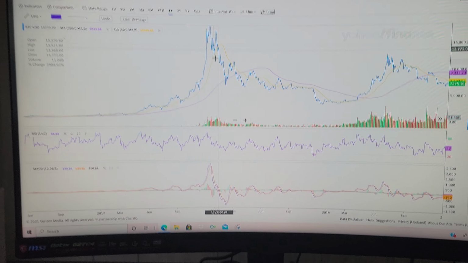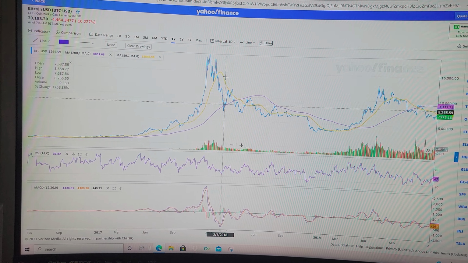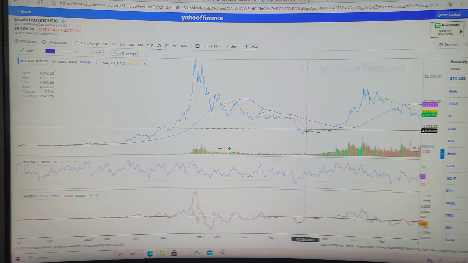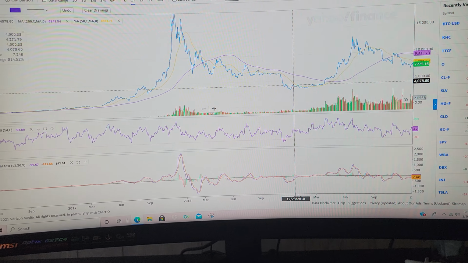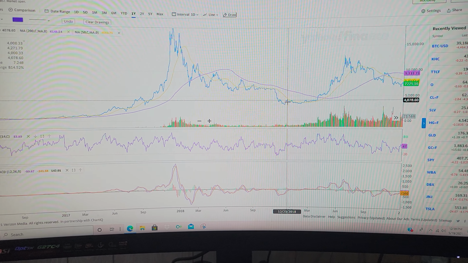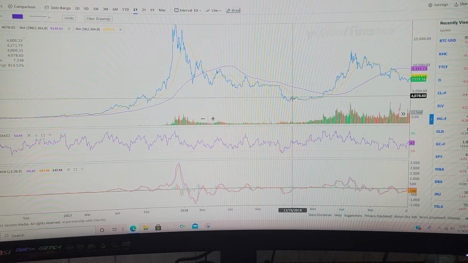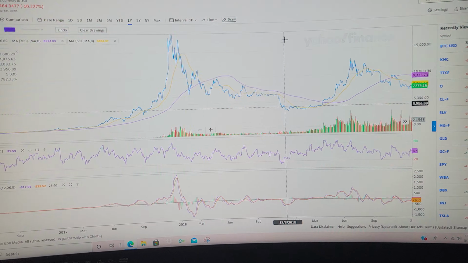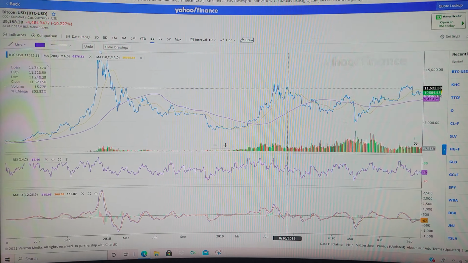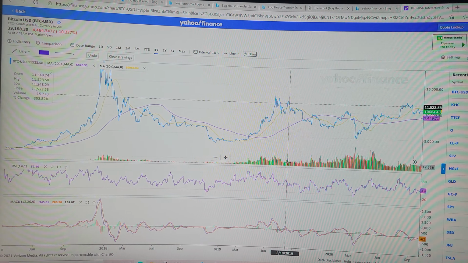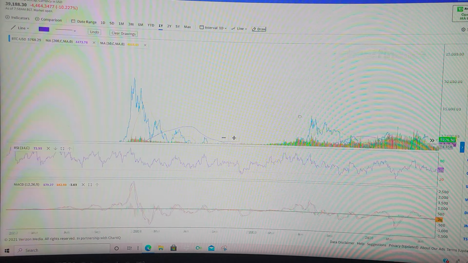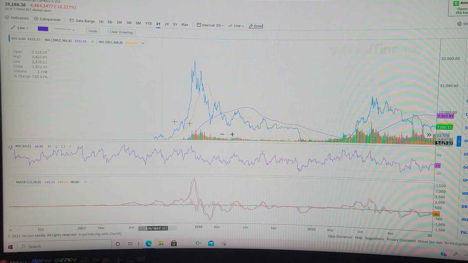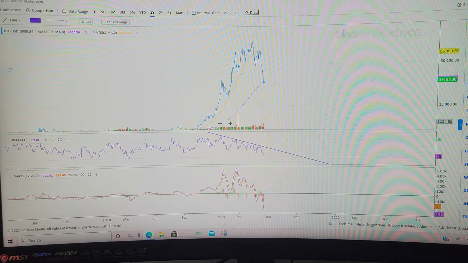Now, this was the last one where it had this massive run up and it just goes from 20,000 down to freaking 3. But Bitcoin is an asset where I don't think you should have more than 5% of your total wealth involved in Bitcoin of your portfolio. I just don't think you should. I know that these are the halving cycles. So this is a halving cycle, and then you crush.